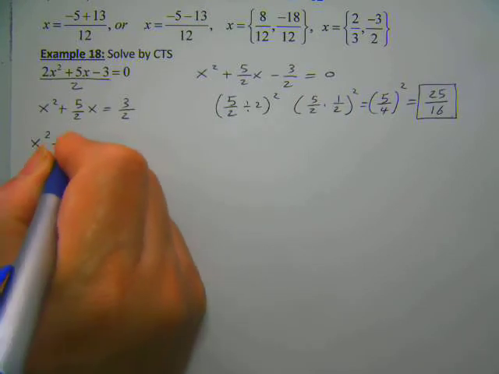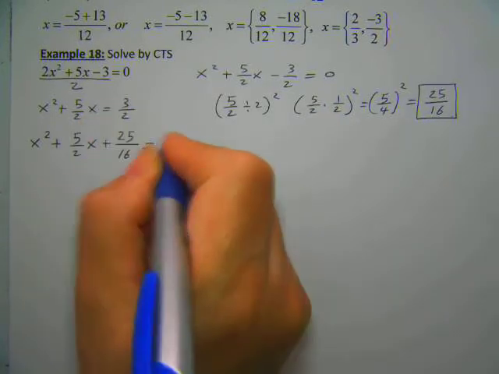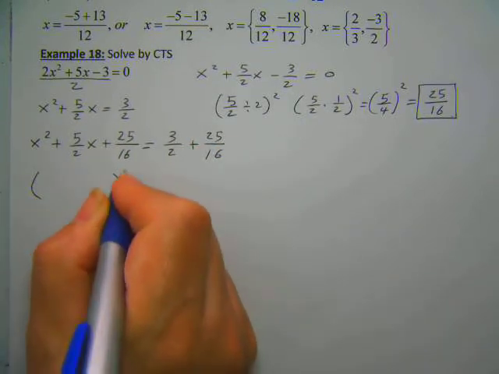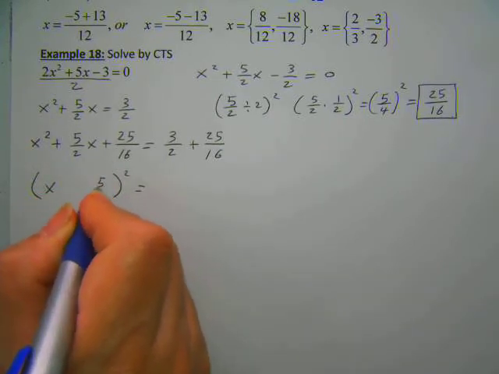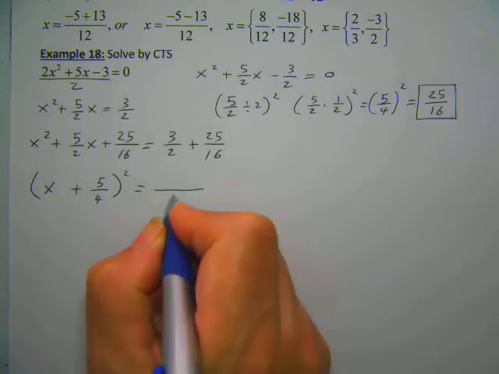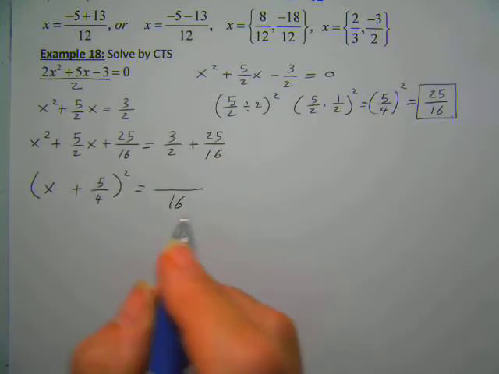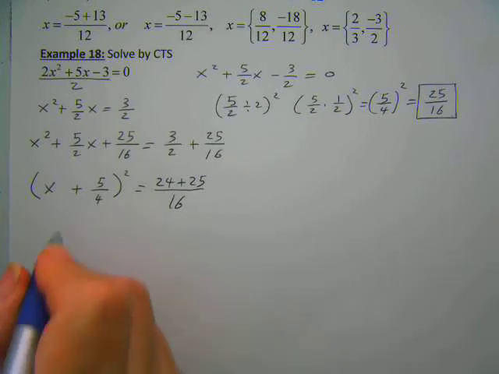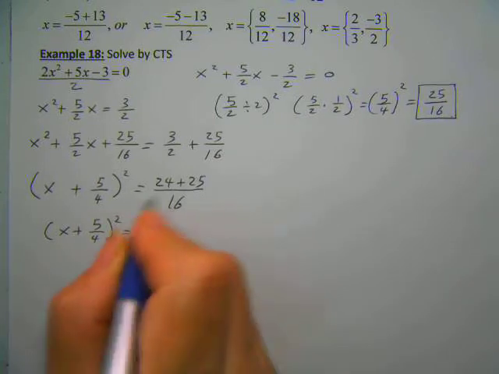I'm going to take that and add it to both sides of the equation. So x squared plus 5/2 x plus 25/16 equal to 3/2 plus 25/16. Immediately parentheses squared. What's inside? Square root of the first, square root of the last, the sign of the middle. We need a common denominator, which is the 16, so we're going to multiply this top and bottom by 8. So 8 times 3, 24 plus 25/16. So here we have x plus 5/4 squared equal to